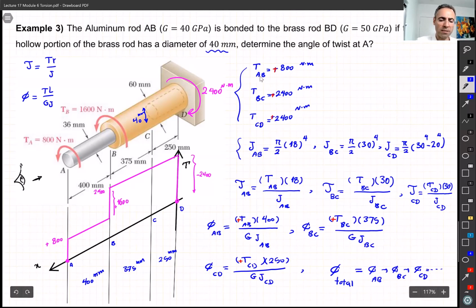And you just substitute this number. If you got the T correct, the torque or the torsion correct, J is just substituting the formula, and then the rest, you just plugged in the numbers and use your calculator. All you need to do in this module. All right, guys, is there